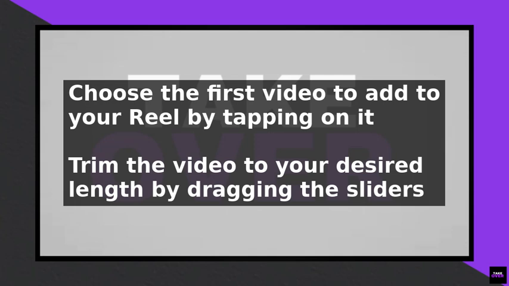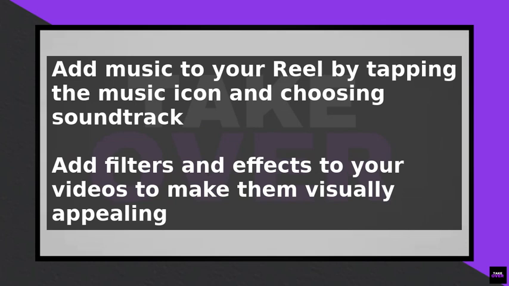This will take you back to your camera roll where you can choose the next video you want to add. Repeat the process of selecting and trimming each video until you have added all the videos you want to include in your reel. Once you have added all your videos, you can edit them together by adding music, filters, and